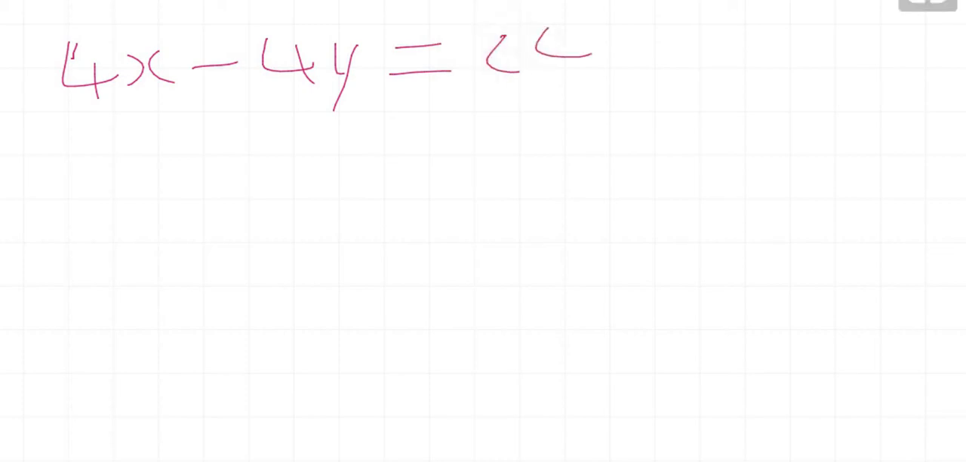Let's look at 4x minus 4y is equal to 24, and x minus 4y is equal to 3. Now the thing is that you could use the substitution method to solve a